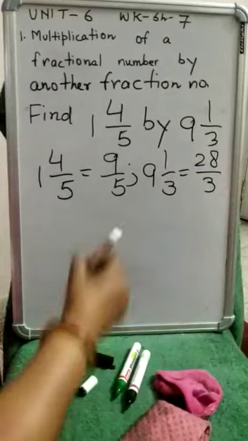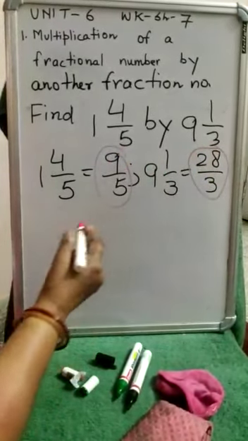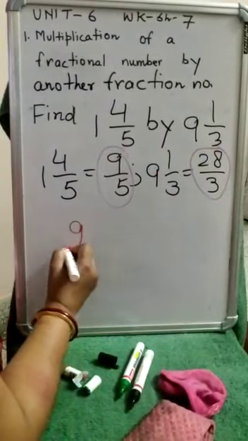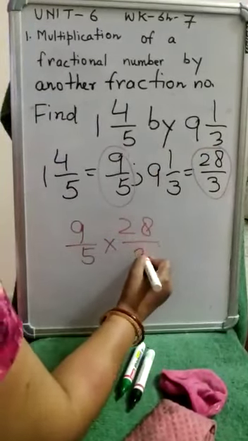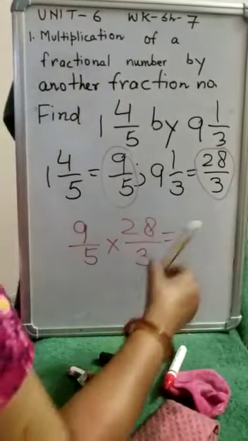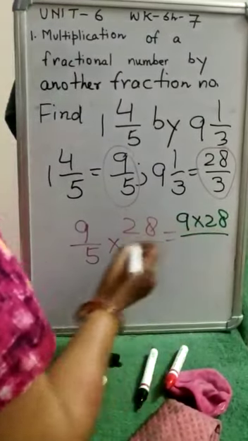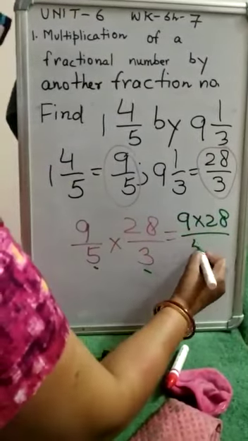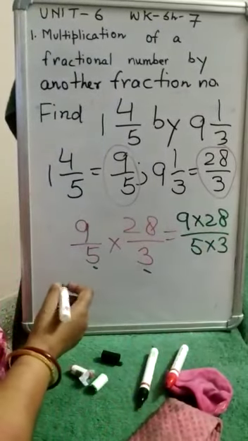Correct? So we get the fractional number 9 by 5 multiplied by 28 by 3. Now here numerator will be multiplied by numerator, 9 will be multiplied by 28, divided by denominator will be multiplied by denominator, 5 into 3. So answer is,